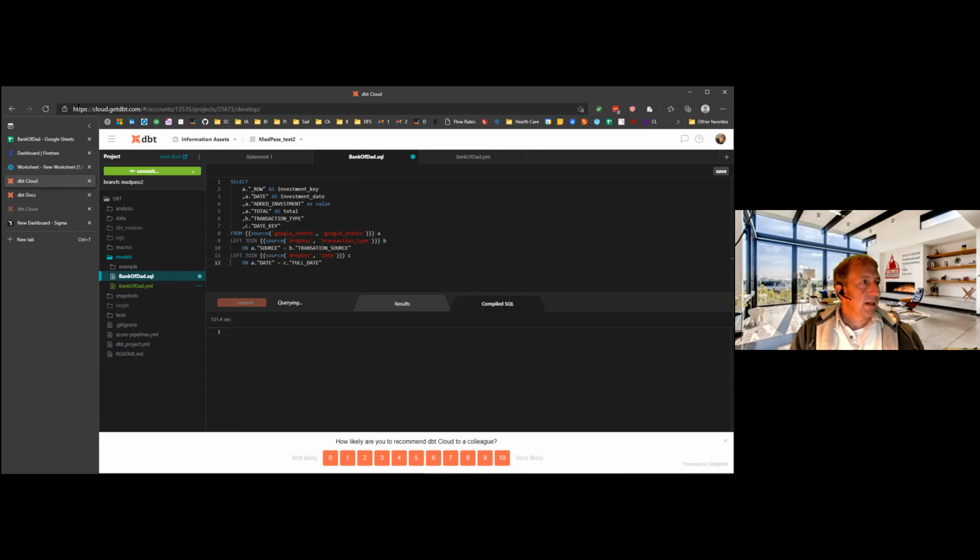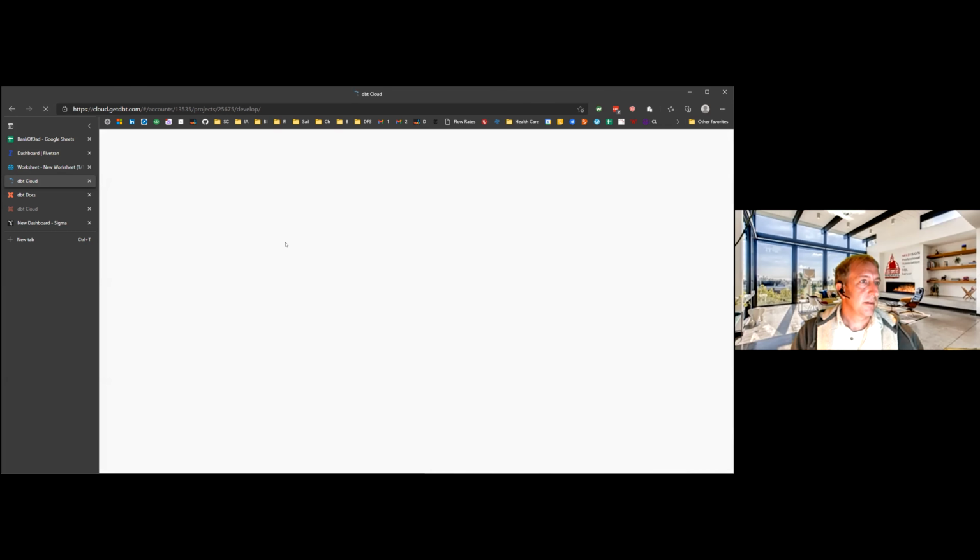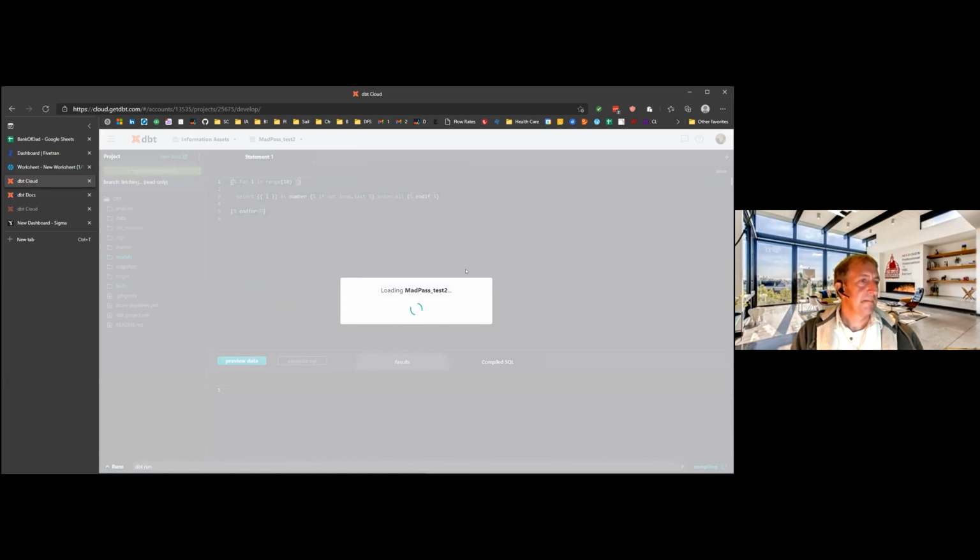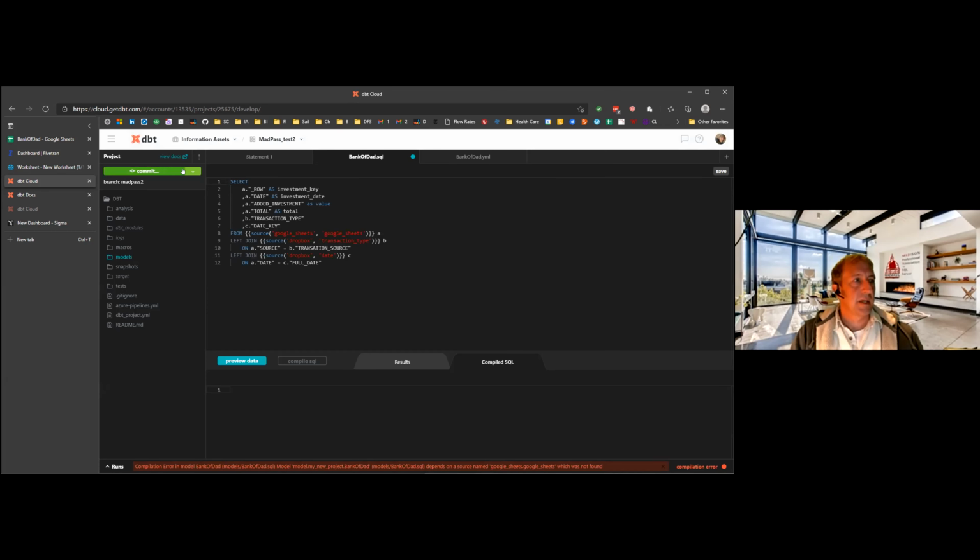I think something's wrong here. I'm going to try to refresh this and see if I can get it to reset on me. I don't know why it would take that long. That is not my typical experience with that happening. I won't go into all the ways that this interacts with Git, except just to say that there's this commit button up here, and you can create a new branch or whatever if you want to.